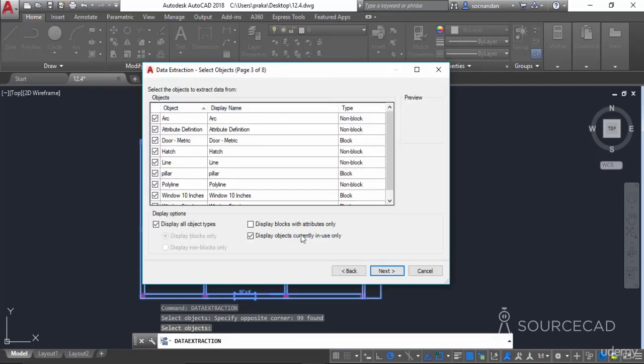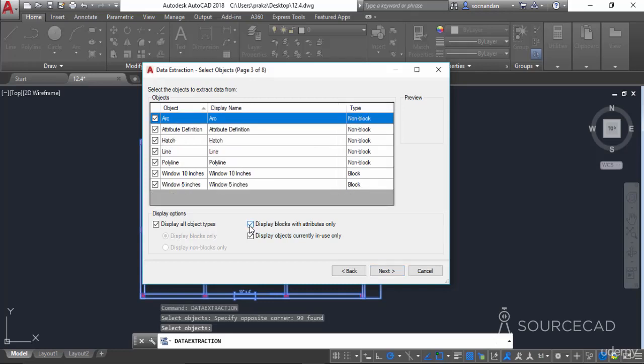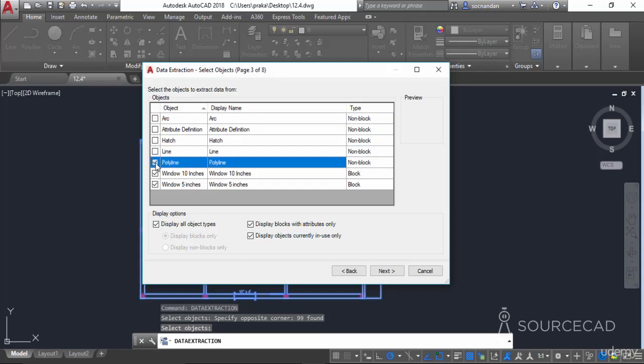And we have complete information in the form of this table. So obviously we don't need all of this information. We only need the information which is relevant, and that's the blocks containing attributes. So for that, I'll click on this checkbox, and this will ensure that all the blocks that contain attributes will be listed here with their properties. So here you can see that we have some objects like these two blocks, and also we have these objects which are not blocks. So you can uncheck these objects and they will not appear in our final result. Now we only have the information related to these blocks.